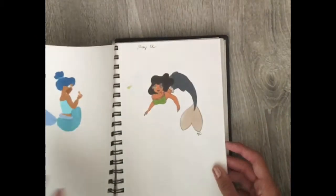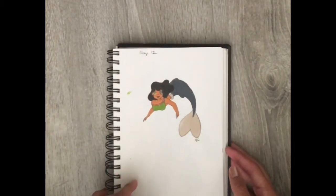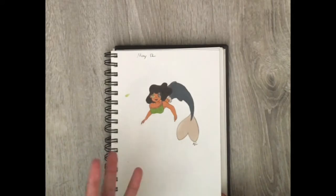And then this was another mermaid. She doesn't have a color scheme because I was doing a challenge thing with my friend, so it didn't really have a color scheme. It was just kind of,